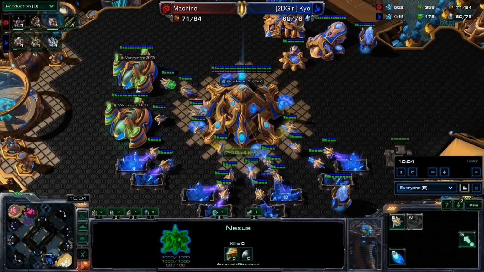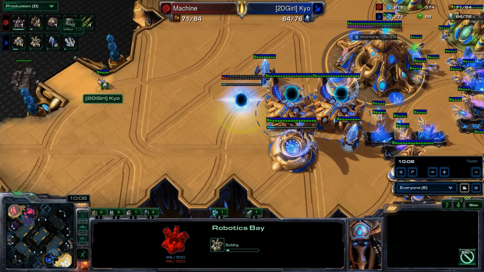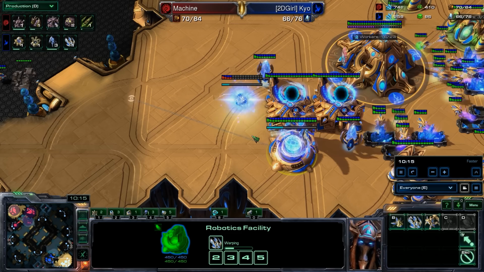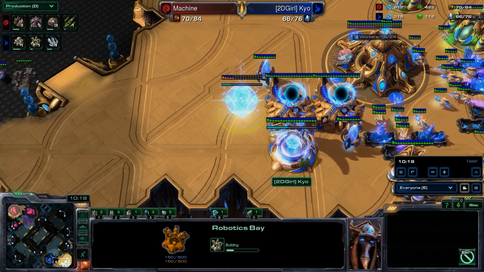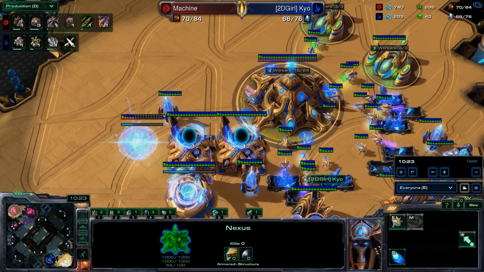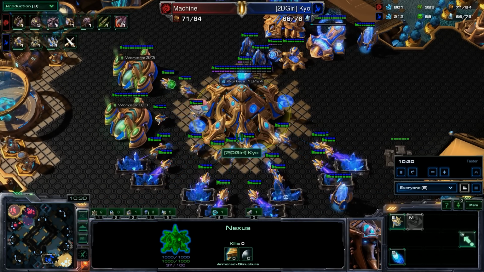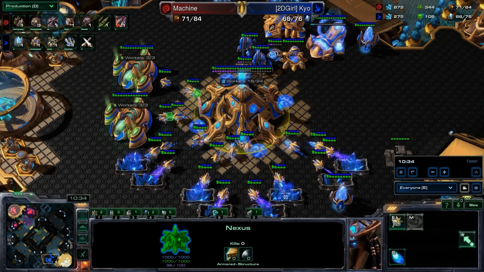Adding on some more gas. Good stuff. And like always, adding on some more warp prisms. Oh yeah, flying around, dropping stuff, because why not? Robotics Bay. And this is actually another thing that I've been kind of talking about when I've been streaming,